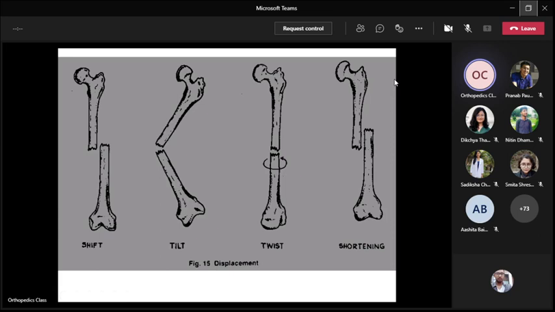Though this is in the same line, why is there a twist? How can you differentiate? For that, you should know the proper anatomy. If you see in these pictures, the head is there, the neck is there, the trochanter is there, and both the condyles are quite visible. They all are in the same line. Whereas in this one, the condyle is rotated, the distal fragment is rotated. They are superimposed one over another. Both the condyles are not visible like in the normal condition. So this is called twist.